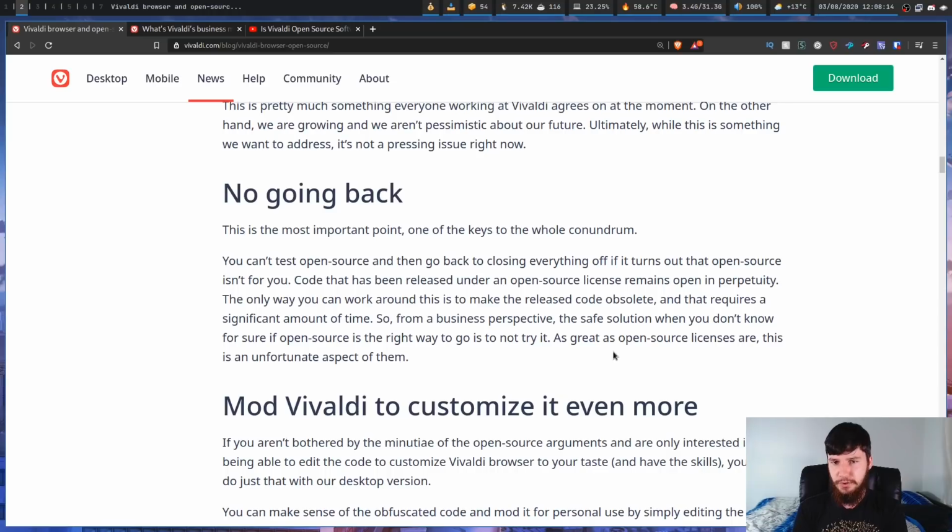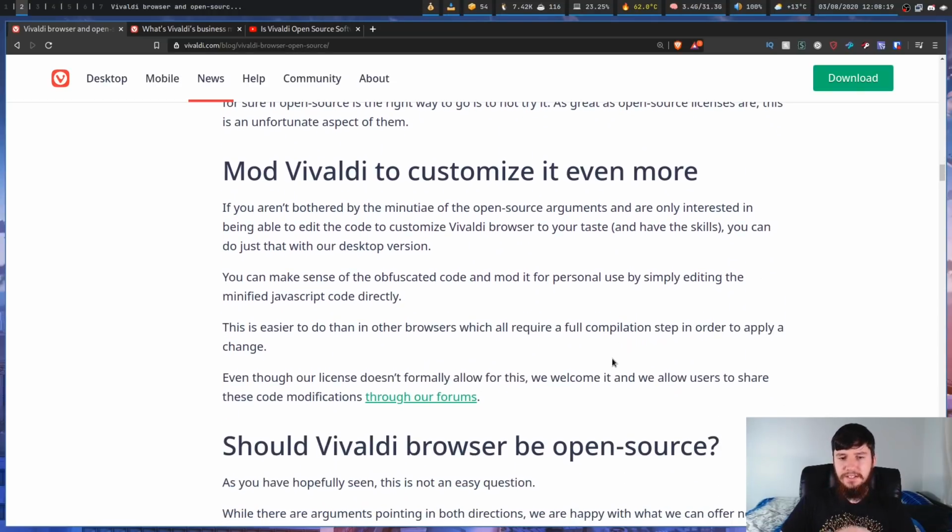And then once they do that, then they can commit to it. Now, one interesting thing about Vivaldi is that even though their license for the UI layer doesn't actually let you go and modify the code, they don't actually care too much about that. So as long as you're not trying to repackage the application, it's fine. They are entirely okay with you actually making patches that go and modify the browser,